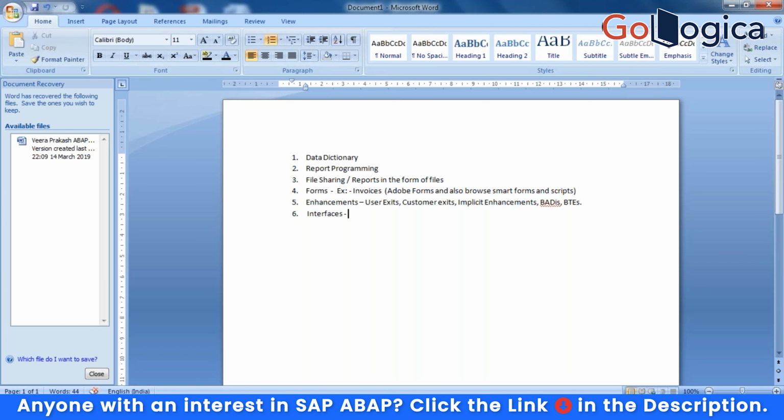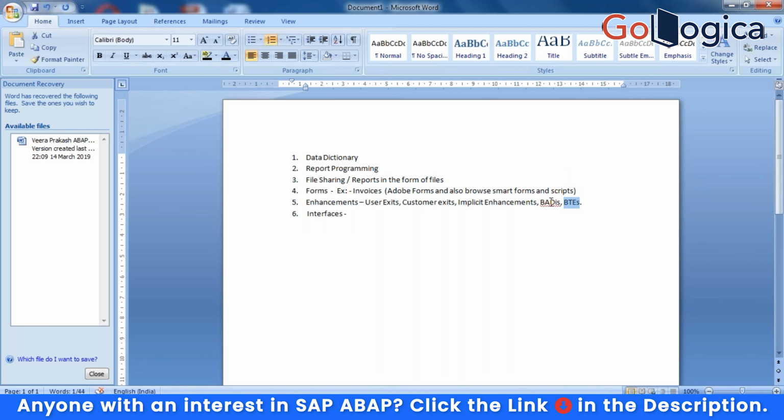That difference should be identified when we are talking to a particular technical consultant or a functional consultant. What could be the difference between all these things is the most important thing, because each one of them has its own advantages. If I'm having an implicit enhancement, I would not choose a customer exit or a user exit. So the order in which I have mentioned them here is actually the order of choice, how you have to choose. If I have a